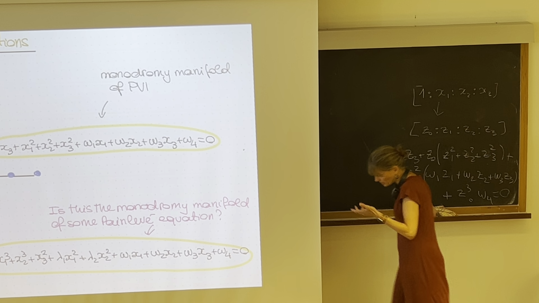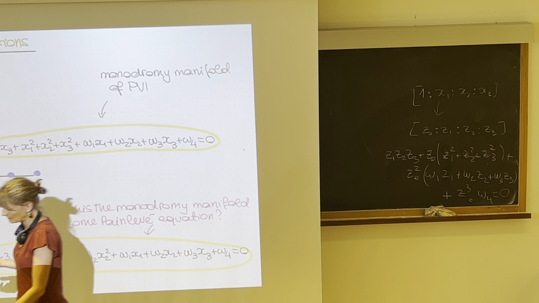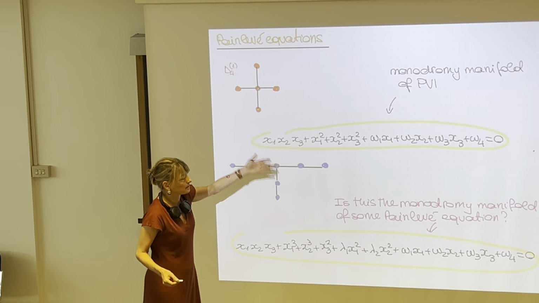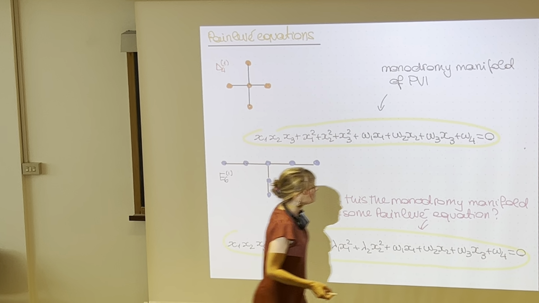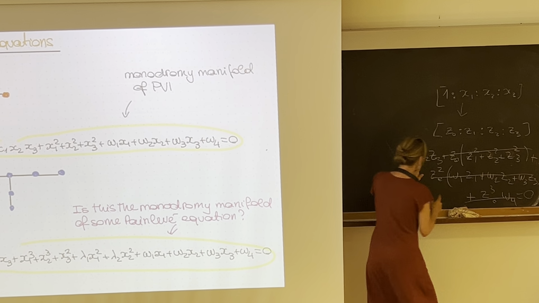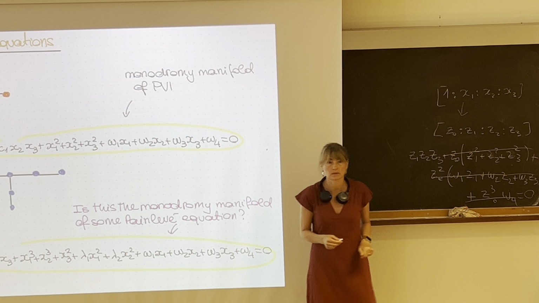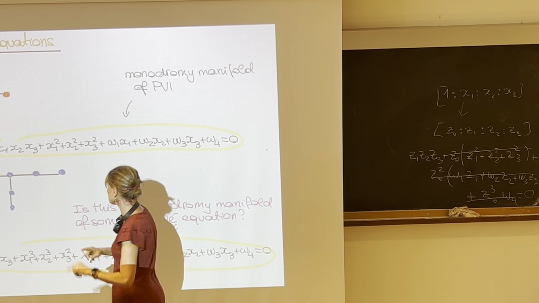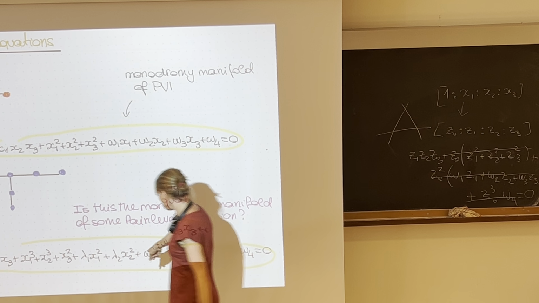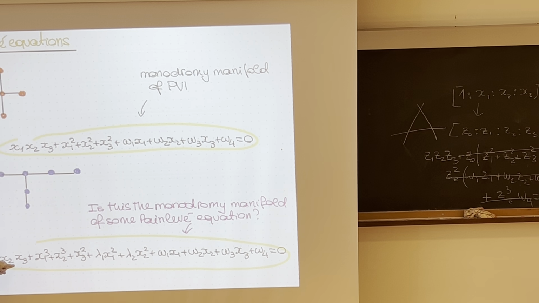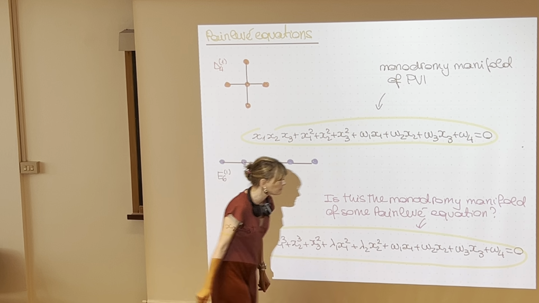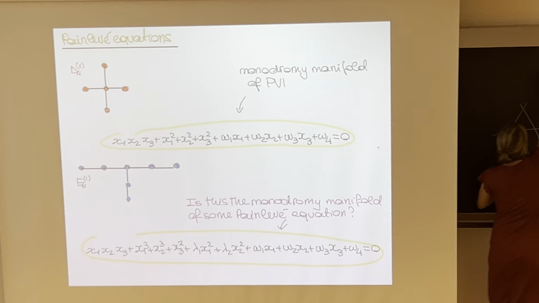So you projectivize, and then you can look at the other chart. So this is the chart where z0 is equal to 1. Now I look at the chart where z0 is equal to 0. And what that gives me is that I lose all these terms, and I'm left with z1, z2, z3 equal to 0, which is 3 lines in projective space. Okay, so this configuration here is this. And for this one, because you have x3 cubed, x1 cubed, and x2 cubed, the configuration at infinity is going to be